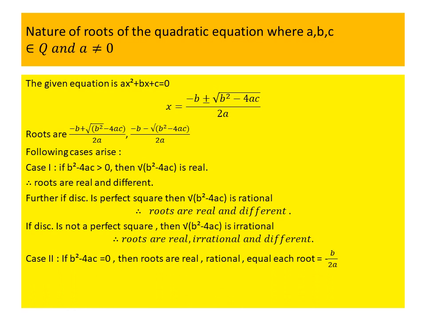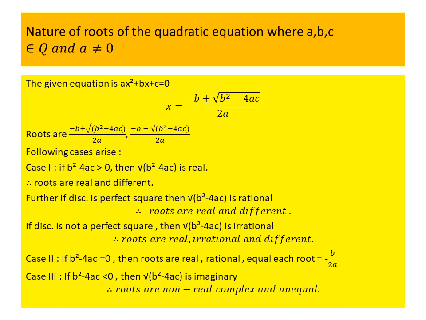Now, case 2. If b square minus 4ac is equal to 0, then roots are real, rational, and each root is equal, and that is equal to minus b by 2a. Now case 3. If b square minus 4ac is less than 0, then the square root of b square minus 4ac is imaginary. This implies roots are non-real complex and